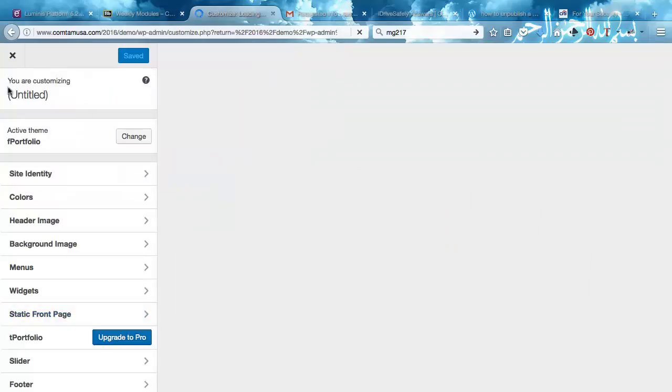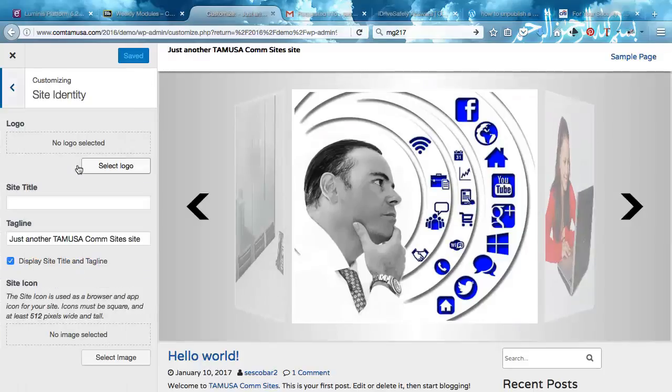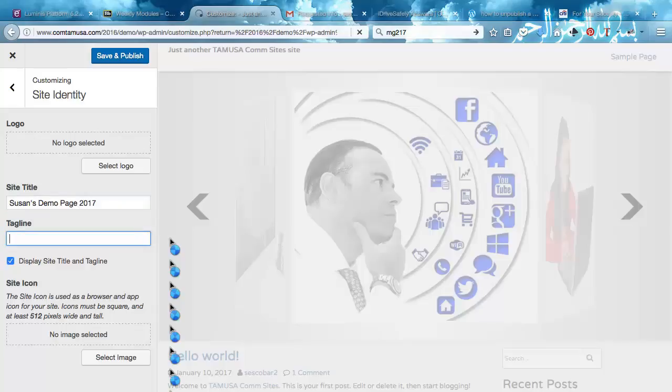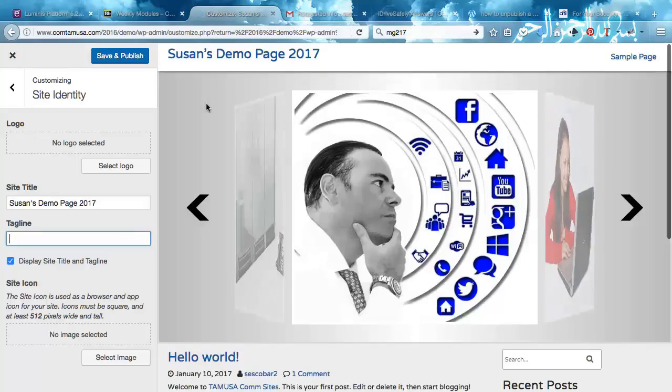Okay, currently you can see that my site is untitled. I'm going to go into my site identity, and I want to change my site title and my tagline, which is one of the items on your rubric. So I'm going to go ahead here and say, and the tagline are the little words that appear under there. You can see here I don't have a tagline because I deleted it, so let's say